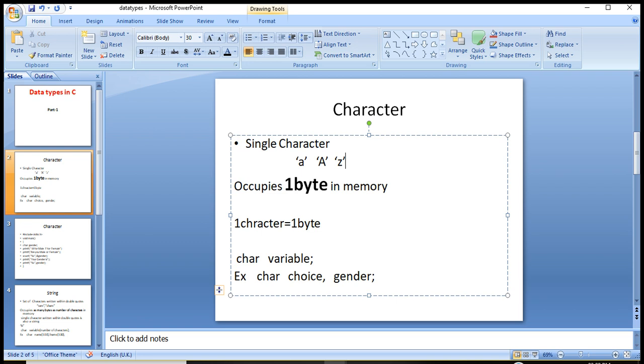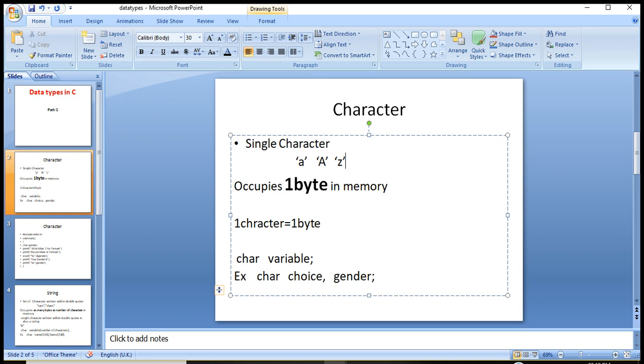ASCII code. What is ASCII code? Every keystroke on the keyboard has a particular number. Every keystroke or every character of the keyboard represents a code called ASCII code.